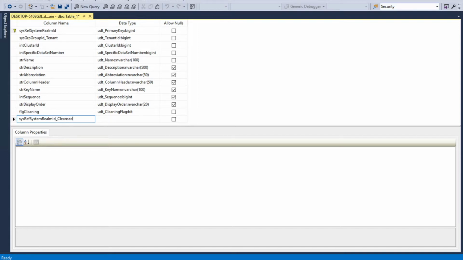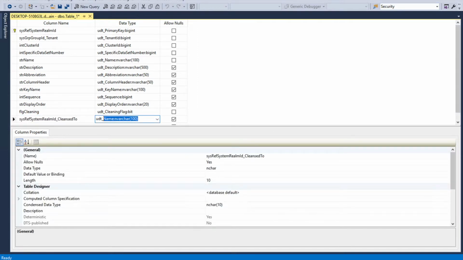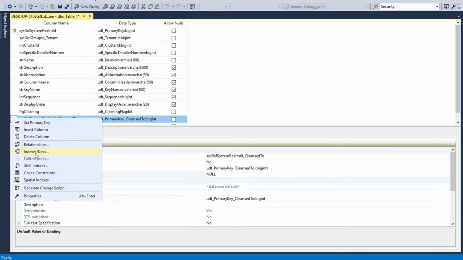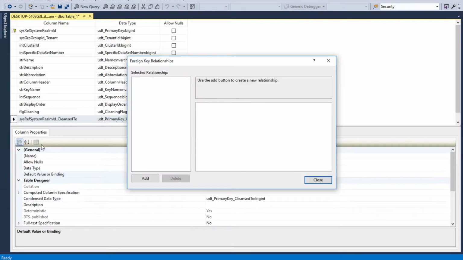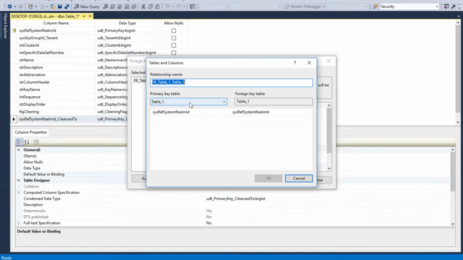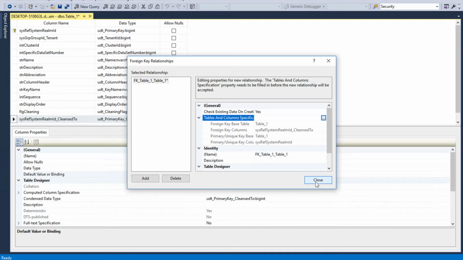We're going to name it after our primary key with a suffix of cleanse2, UDT primary key cleanse2 as the data type, allow nulls, null default, but we want to go in here to the relationships and set up the relationship right now where the foreign key is the column that we're working on. Now that the cleaning system is done,